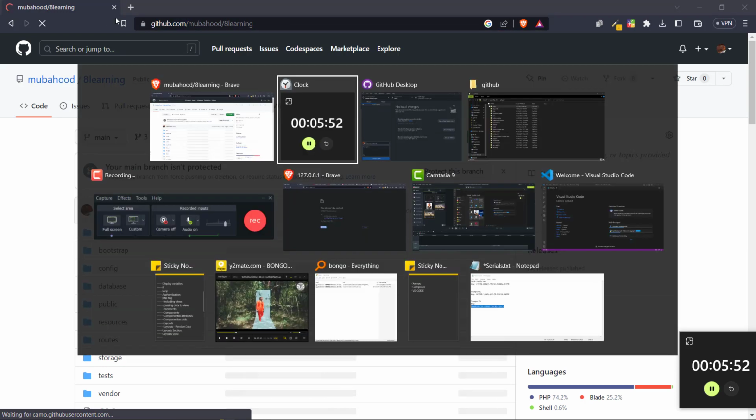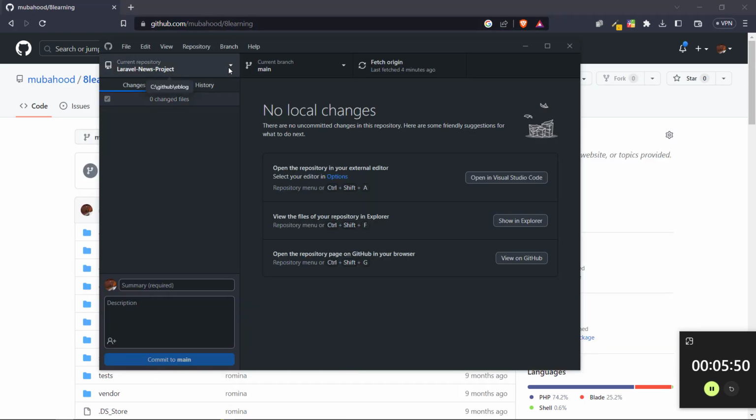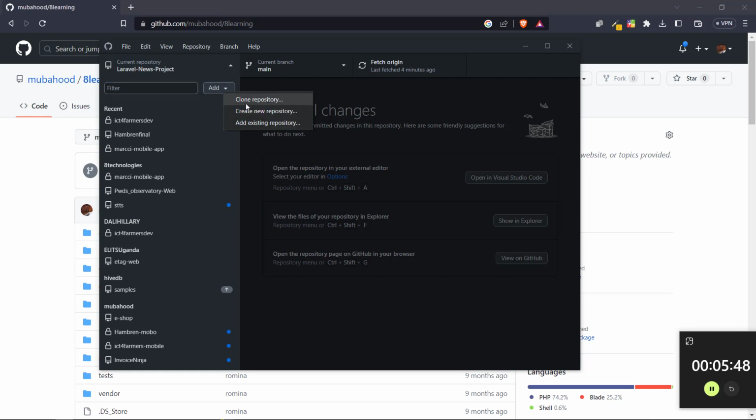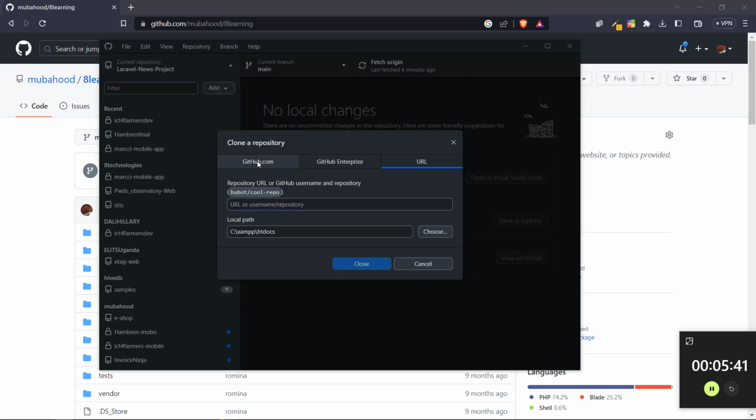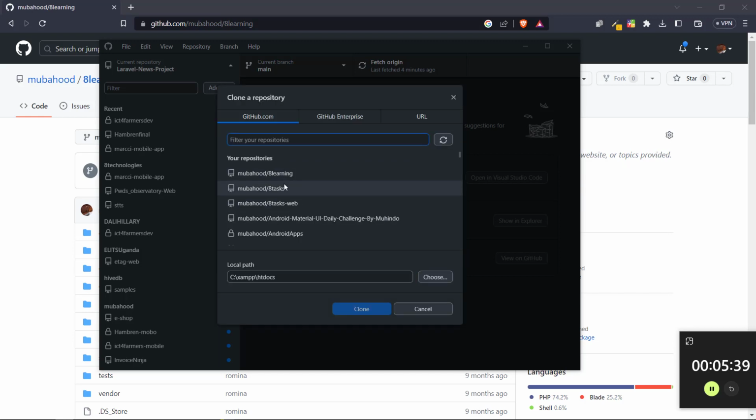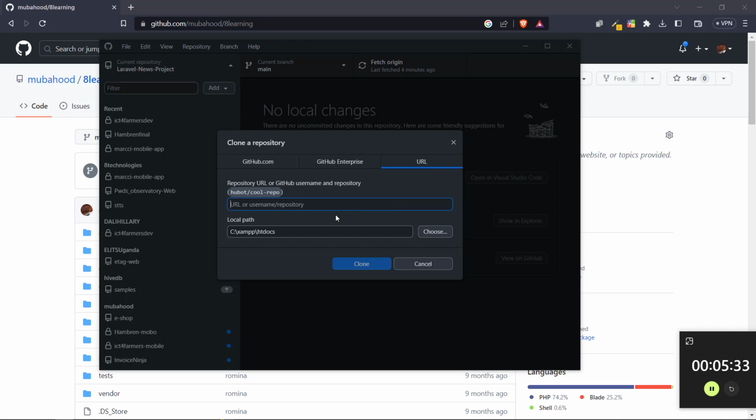After copying it, I come to GitHub and say clone repository. If I'm using a URL, I just click on the URL link. If you're already logged in, you can find your repositories here. If it's a new computer or another computer, you can clone it. If you have a link, you can simply click on URL and paste the link of